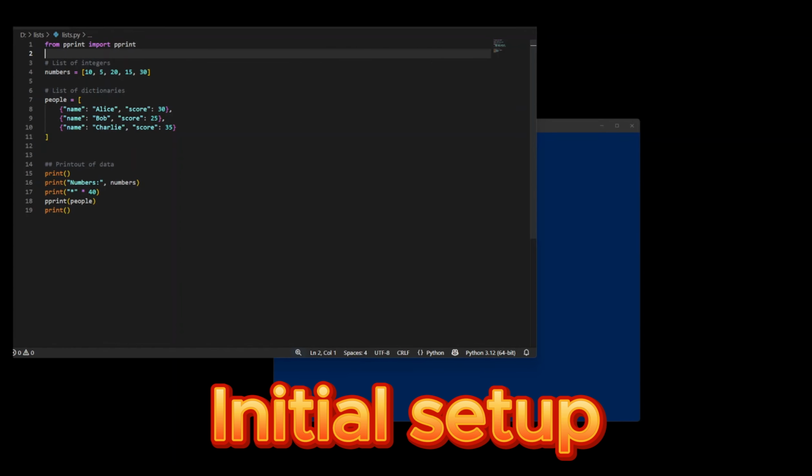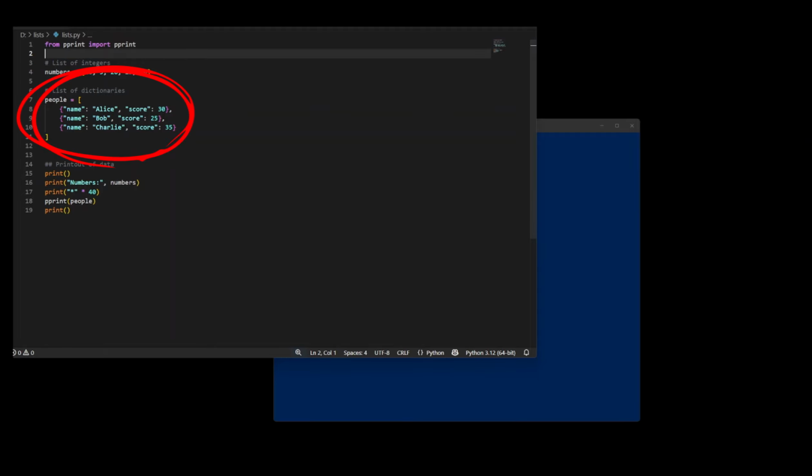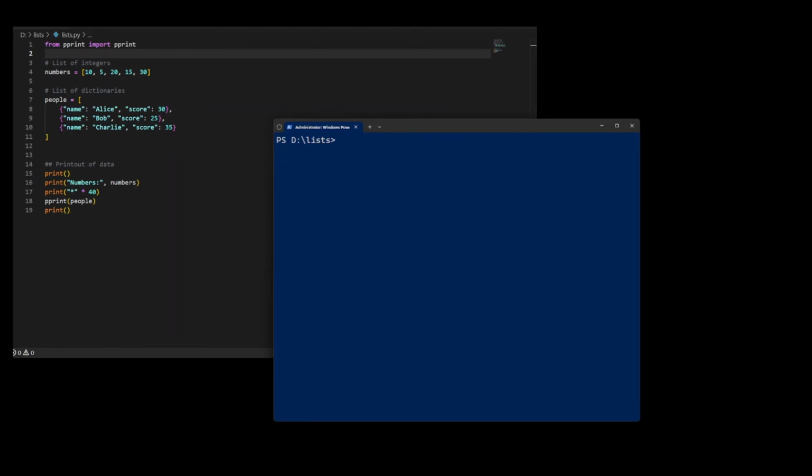Let's begin by looking at how lists are represented and displayed. Note that, for more graceful printing, I've imported a pretty print library. In our example, we have two primary data structures, a list of numbers and a list of people. The list of people is made of dictionaries, but we'll delve deeper into dictionaries and their use in a separate video clip. Now I'm executing the program, and you'll see the numbers and the list of people printed in their